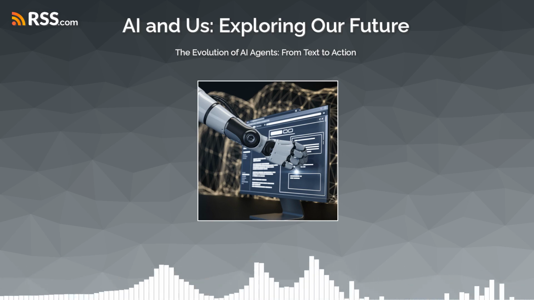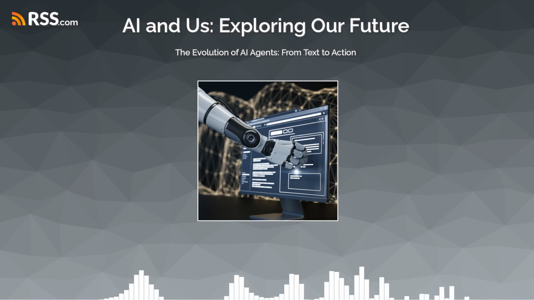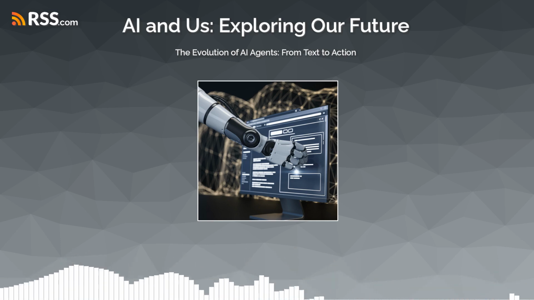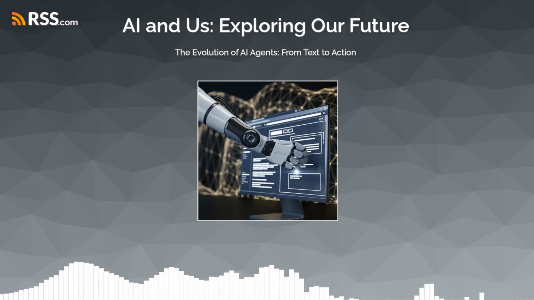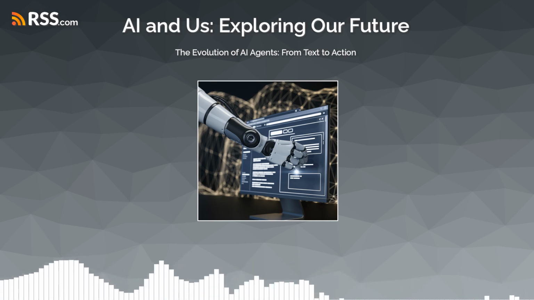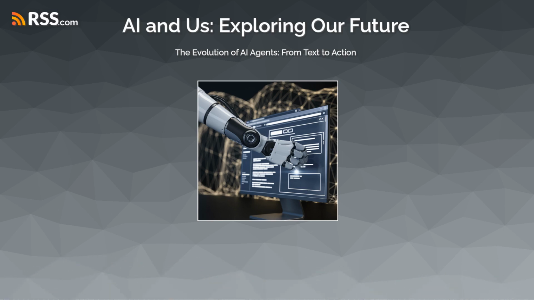Okay, before we go any further, though, I want to bring it back down to earth for a second and talk about some real-world applications. How are these AI agents being used right now to make our lives easier and to be more productive? Well, one area where AI agents are already making a huge impact is in browser automation. So think about all those repetitive tasks you do online. Filling out forms, downloading files, copying and pasting data. An AI agent can handle all that for you. It can free up so much of your time and mental energy for the more important stuff.